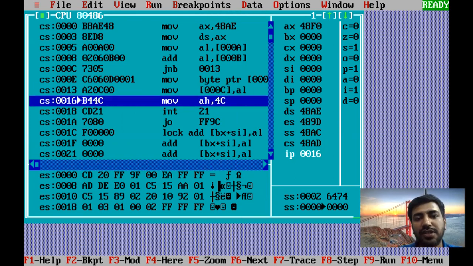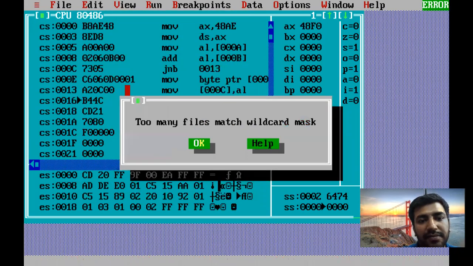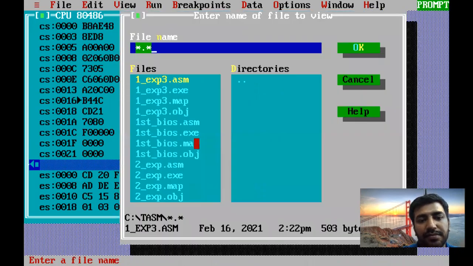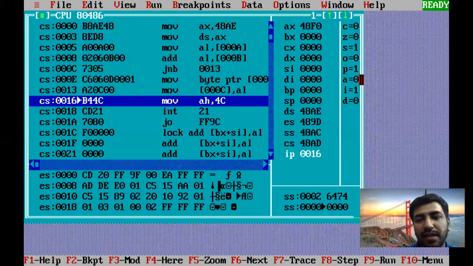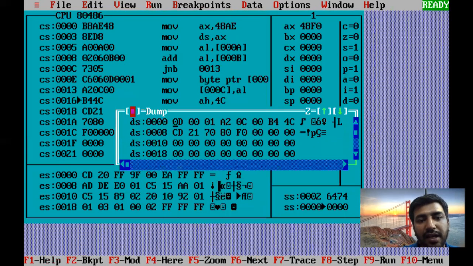Okay, so let's see whether 00C is having that sum or not. Oh sorry, it's not file, it's dump. I should go into dump and investigate. 8, 9, A, B, C. So you can see at C, F0 is available.